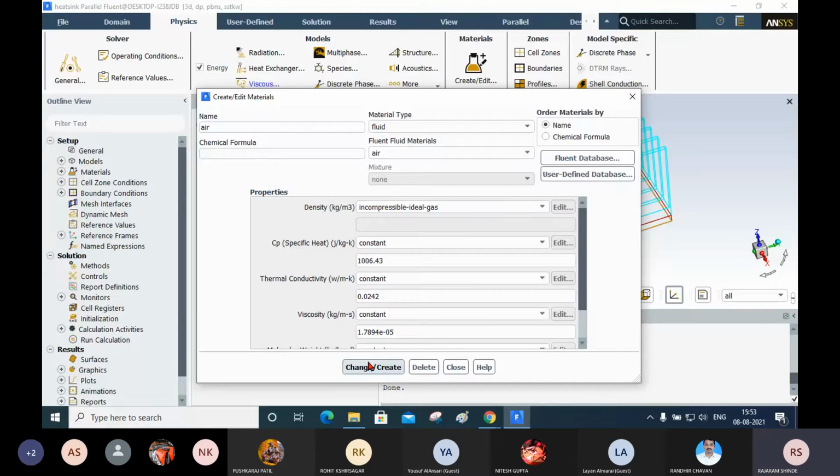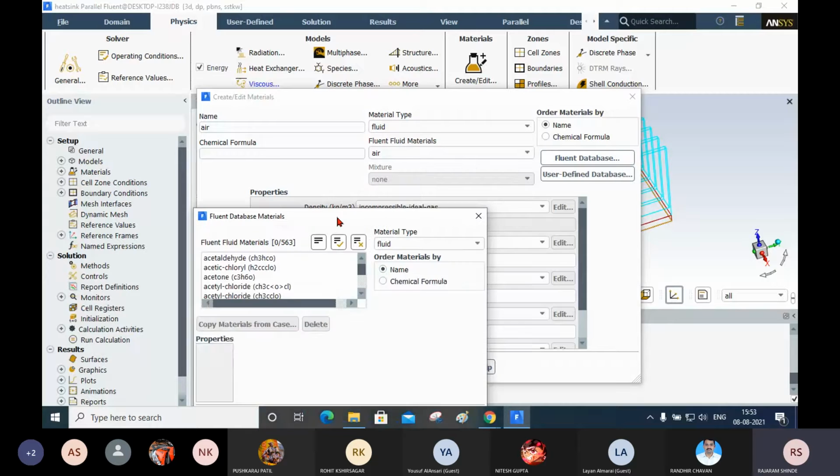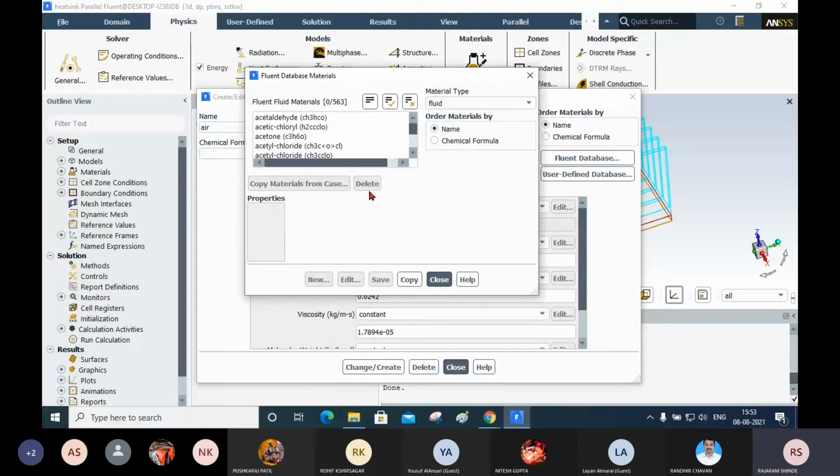For that purpose, by default there is aluminum, but we don't want aluminum. We want other materials. So for that purpose you click on Fluent database. After that, here first material is copper. Now here in place of fluid you select the solid.